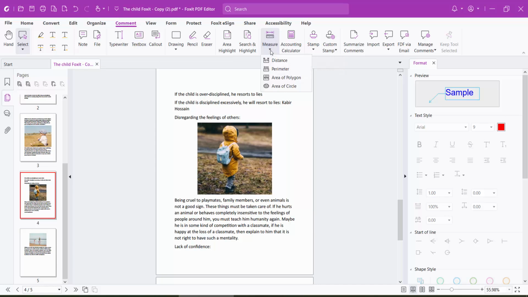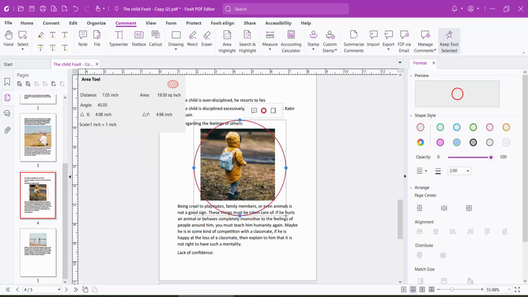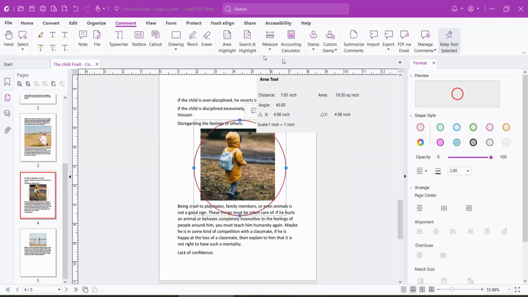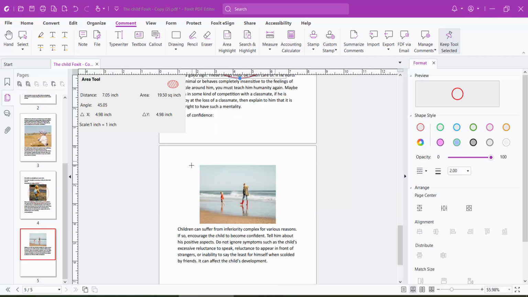Click here, and this is the area of a circle. Click here and drag your circle on your PDF file, and see this circle properties now showing here. This circle area total is 19.5 square inch, and this is distance and this angle, and under another circle here,